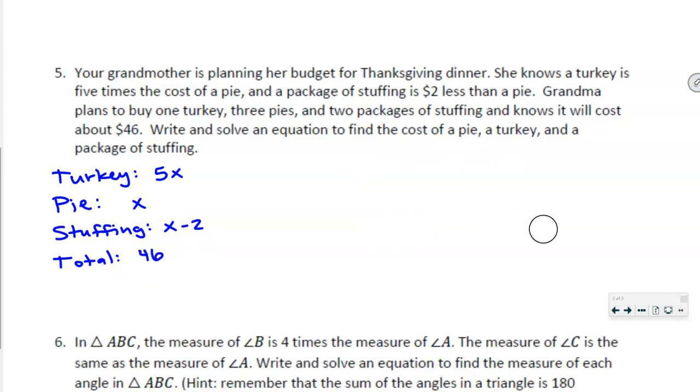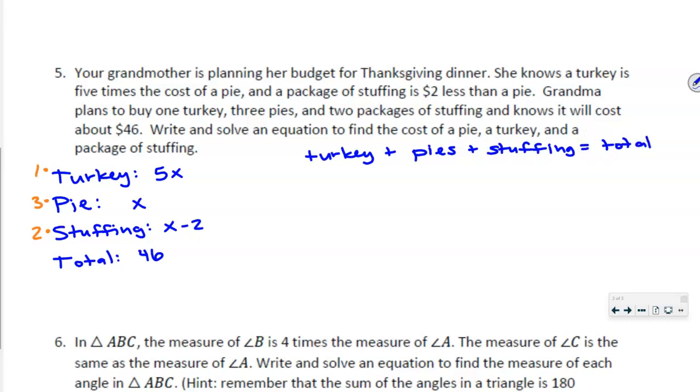With all of that information, we reread one more time, and we see that Grandma is going to purchase 1 turkey, 2 packages of stuffing, and 3 pies. So as I prepare to write my equation, I know that the cost of the turkey plus the money that she will spend on pies plus the money she spends on stuffing is going to have that grand total cost of $46. So now I can substitute in these